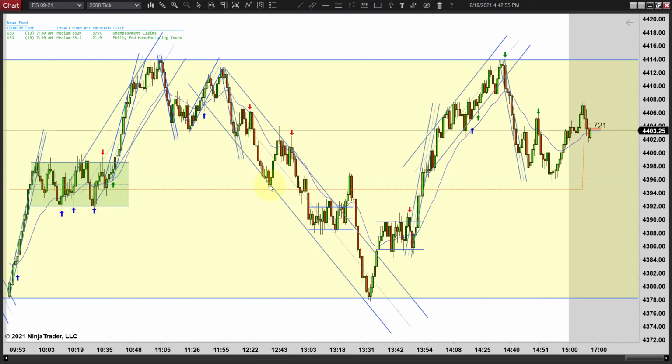But yeah, we had the failure there, and you come back, you get a first entry, and then you get a second entry short, and off it's going again. Too far away from the EMA here. And then you're just chopping sideways again. You do get a failed breakout here, but your